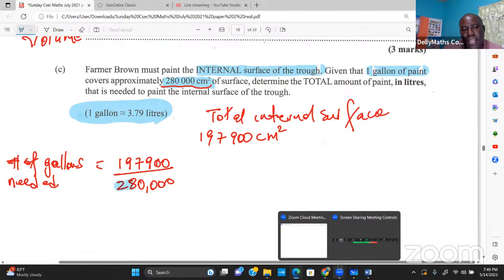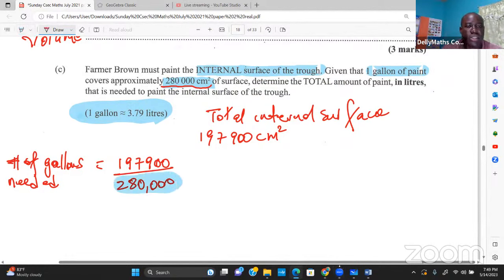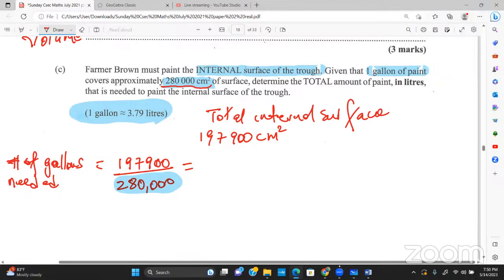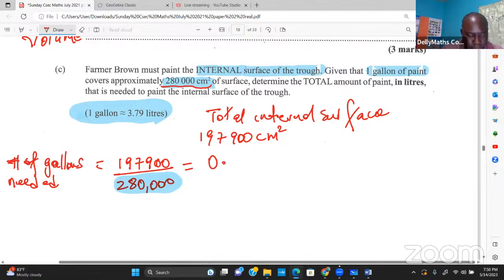This number represents 1 gallon. So the number of gallons needed is this amount. Check it. It's going to be less than 1, because you can see that it is exactly 0.707 gallons